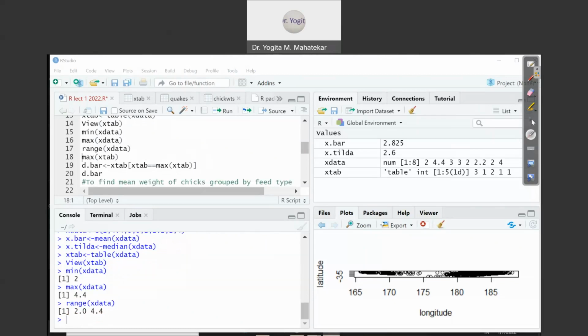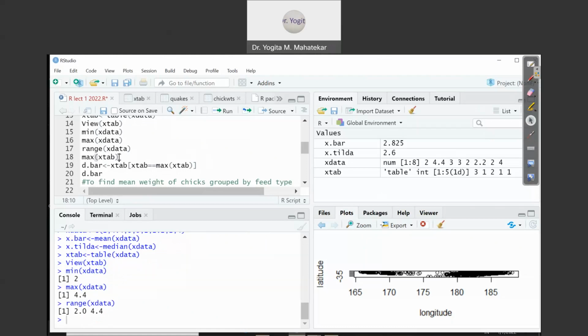Next is the maximum of xtab. It will give you the maximum frequency. So the max command on xtab, meaning the table command. First of all, we will find out the frequencies by using the table command.